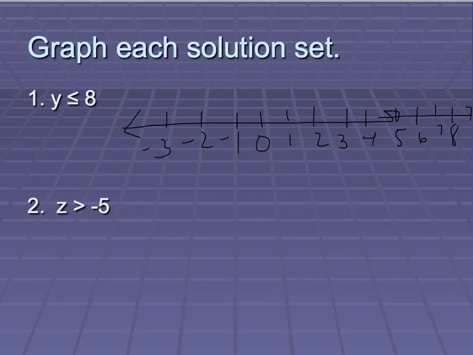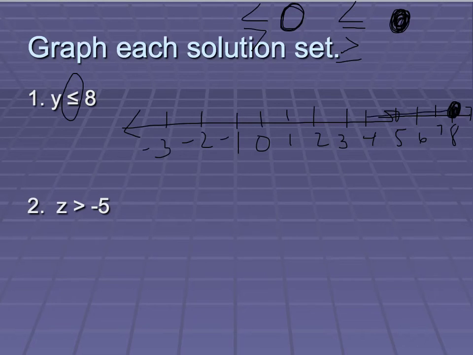So here I have y is less than or equal to 8. I'm just going to put a small note over here. Whenever you have less than or equal, or greater than or equal, you're going to have a filled in circle because it means you're including it. It could be equal to this number. If you have just less than or greater, you're getting an open circle because that means you're not including that number. So I have less than or equal to, so it could be equal to 8 or anything less,